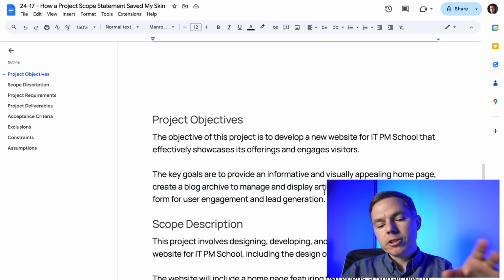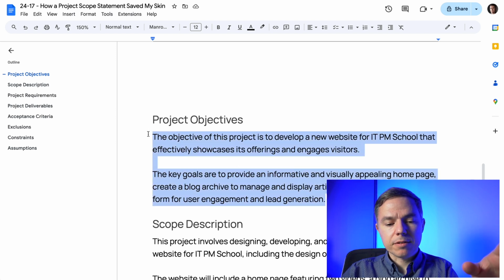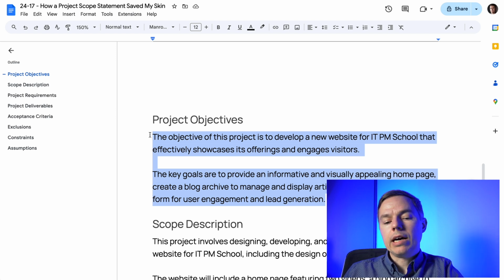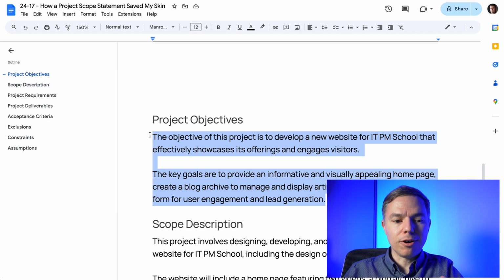So, first of all, notice how narrative and descriptive this is. I try not to use any technical jargon or terms here. I try to explain what we are going to do. And in general, narrative, simple, easy to understand language beats everything else. Don't try to be smart here. Don't try to cover your back. Don't try to confuse your stakeholders with heavy technology that you're going to use.